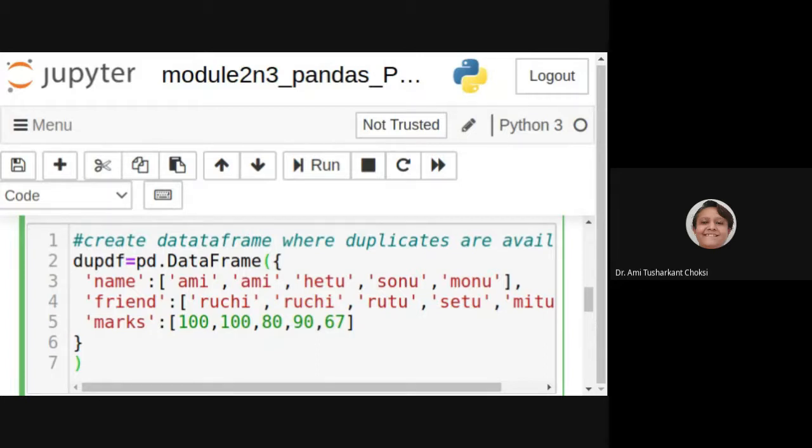This is what we follow. At that time, you will have to show that the original data frame and the result are both the same. So no missing values are there, no duplicate values are there. That is why original and result are both the same.